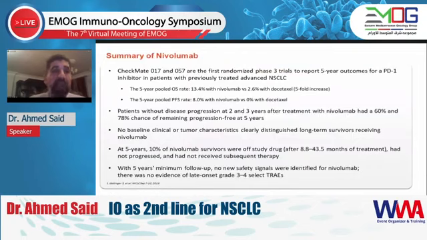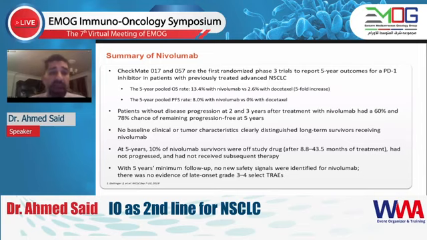So the summary of nivolumab: the CheckMate 017 and 057 are the first randomized phase 3 trials to report 5-year outcome for a PD-1 inhibitor in patients with previously treated advanced non-small cell lung cancer. The 5-year pooled overall survival was 13.4% with nivolumab versus 2.6% with docetaxel. We have a 5-fold increase, and the 5-year pooled progression-free survival rate is 8% with nivolumab versus 0% in the